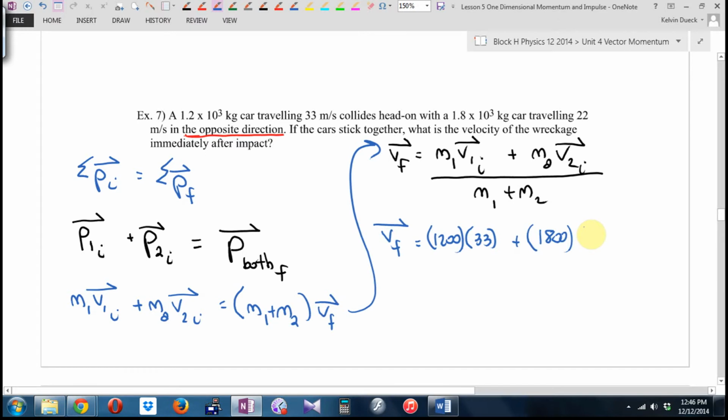Why? I said V on purpose. What I didn't say was speed or velocity. I didn't want to give you the hint. It's velocity 2. As soon as you let the first one be positive, I have to make that one negative, which is going to totally change my answer. Divided by